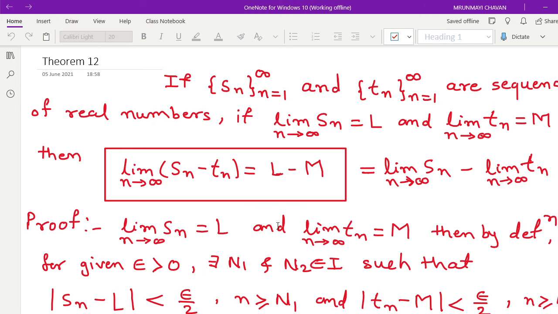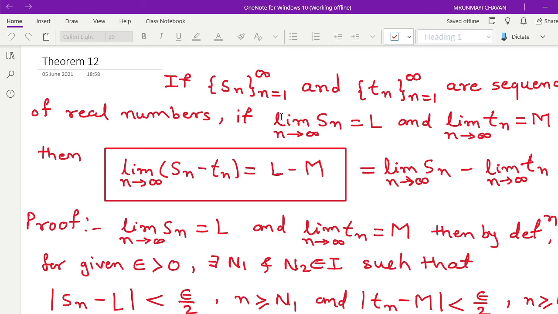In last lecture we have seen theorem 11, that is, limit of sum of two sequences is equal to sum of limits of two sequences. Now in this theorem we see subtraction: limit of subtraction of two sequences is equal to subtraction of their limits. So the statement is, if